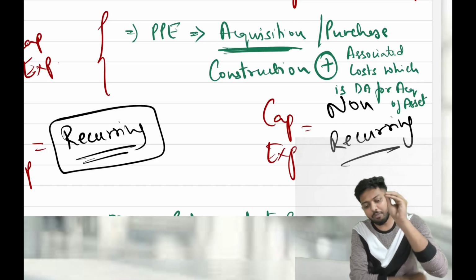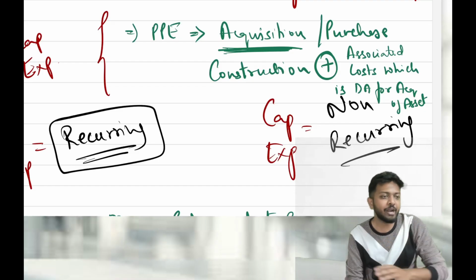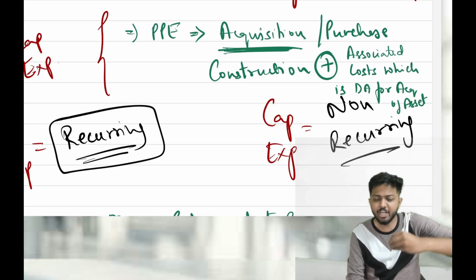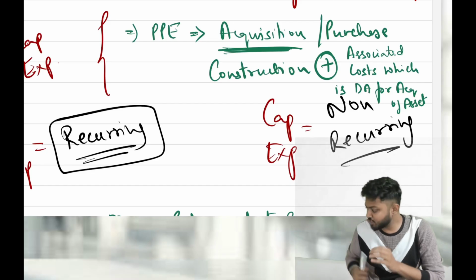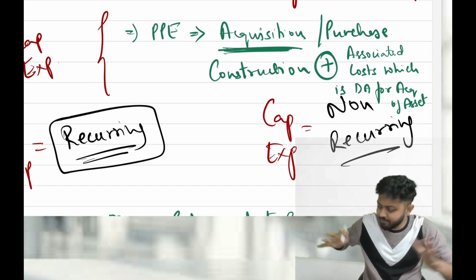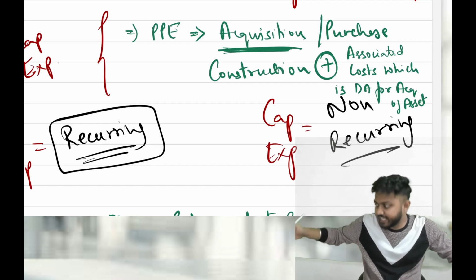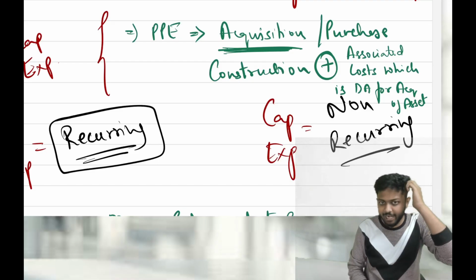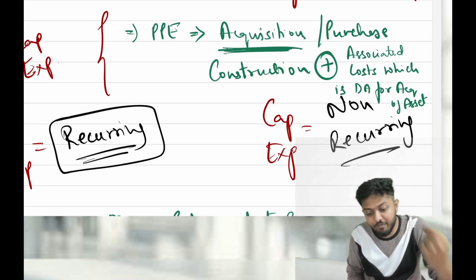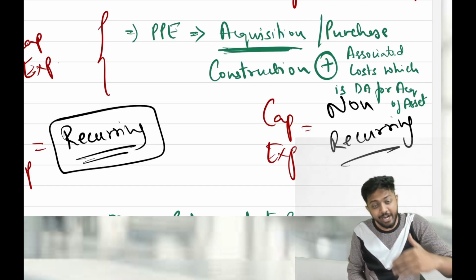Maybe some 5,000 rupees you have paid for wages. Some 10,000 rupees you have paid for transporting the asset from the supplier's place to your place. Some other 2,000 you have paid for other laborers to set up the place before placing the plant and machinery. Correct? Now we'll put one foundation, something like that. Then we will set up the plant and machinery. Now all that is directly attributable to the acquisition of the asset. Correct? No? All these are directly attributable.